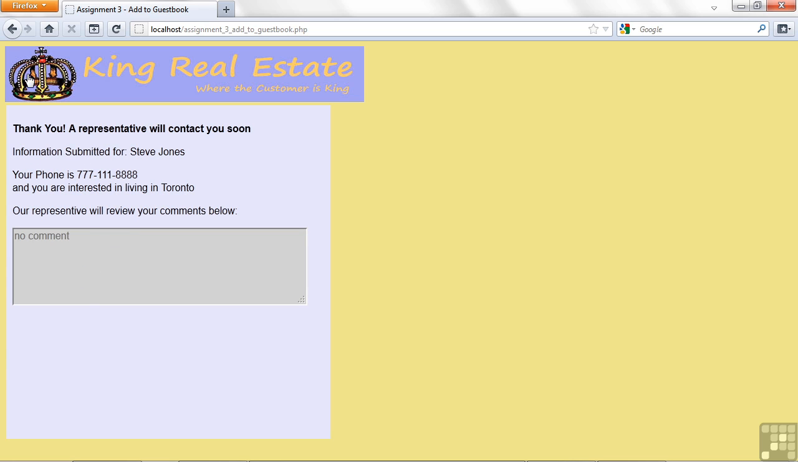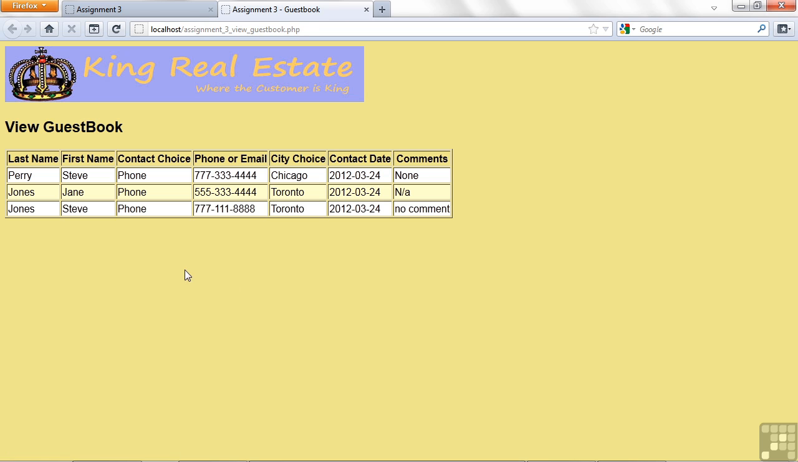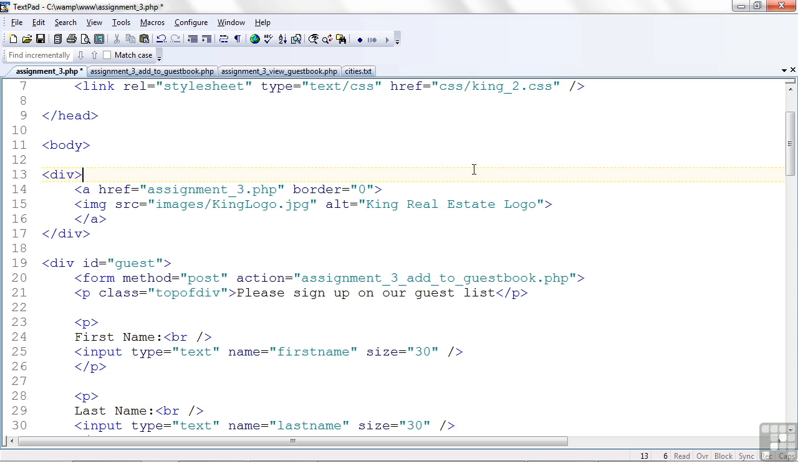So now, if we go back and we look at the View Guestbook, we can now see that I've added another row from what I had when I last demonstrated this to you. So let's go and look at the code and see how this is done. Here's the code. This is the first file, the assignment 3 PHP. This is the kickoff. This is very much like the HTML file we had for assignment 2 that kicked things